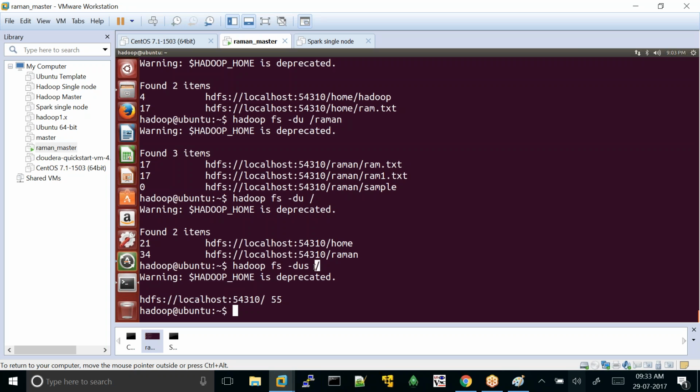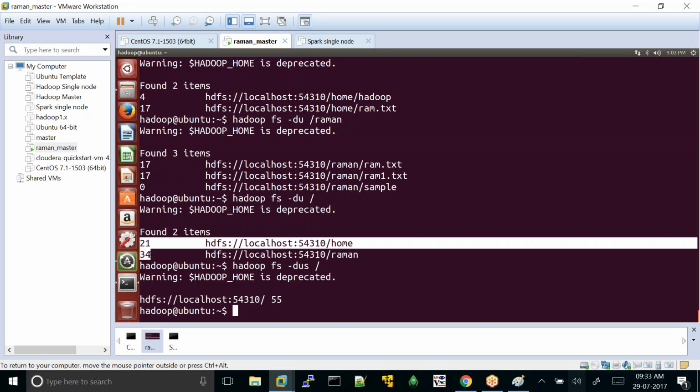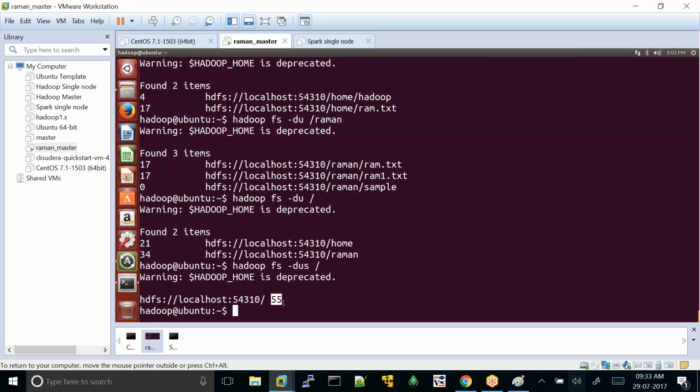Disk usage will give you an aggregate value. It will specify the total value. Here you have two folders containing files of size 55, so it alone will be listed. Here, if you use this DUS in the opposite example,